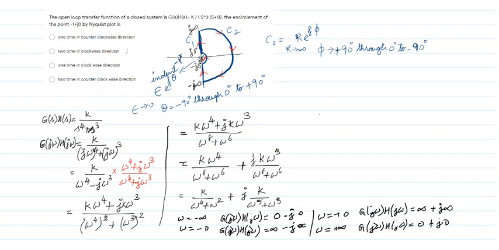Okay, next I am putting the next value. So what is the next value? After minus infinite, next I am going to put minus 0. For minus 0, since it is an even power it becomes plus 0, so it becomes plus infinite. Since it is an odd power, if I put minus 0, it will be minus 0 only, and anything by minus 0 is minus infinite. So infinite minus j infinite. This is the point I got by putting omega as minus 0. Next we will solve this indent in the next slide.